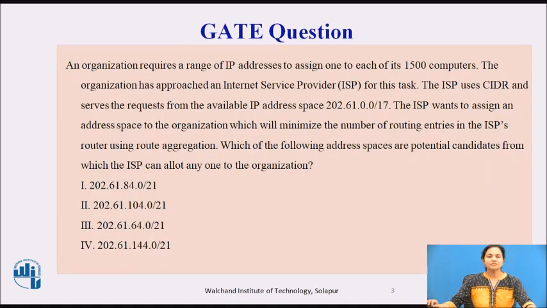First, we will see a GATE question. An organization requires a range of IP addresses to assign one to each of its 1500 computers. The organization has approached the Internet Service Provider, that is ISP, for this task. The ISP uses CIDR and serves the request from the available IP address space